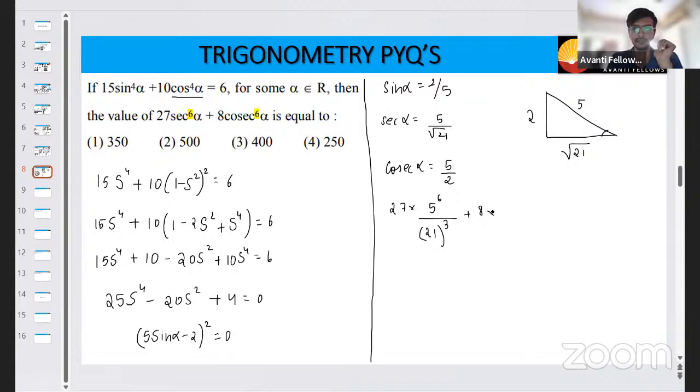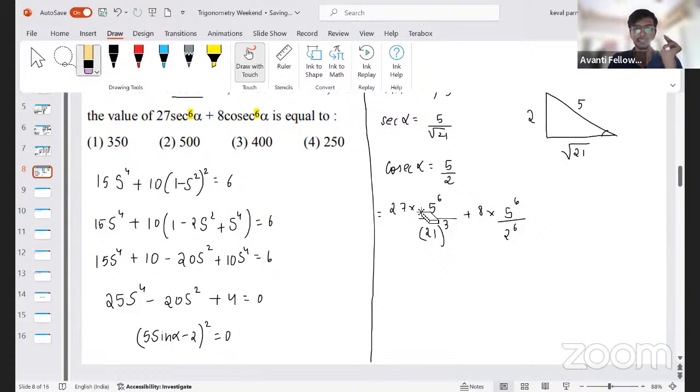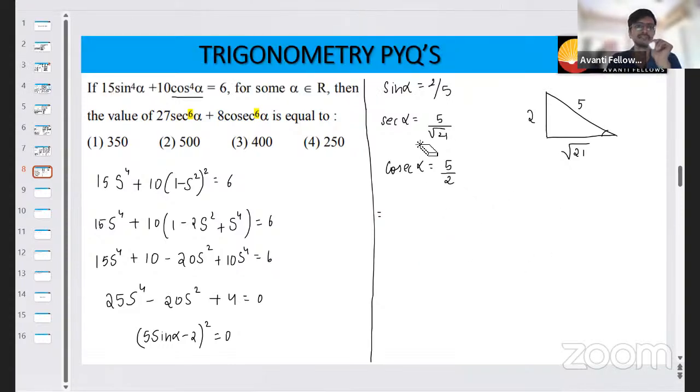Plus 8 into cosec raised to the power 6. So 5 raised to the power 6, 2 raised to the power 6. थोड़ा better हम लोग कर सकते हैं, I think. Just a second, guys. We can simplify it because ये वैल्यू इतनी गंदी आ रही है ना. तो हम लोग इसको क्या लिख सकते हैं? 27 sec raised to the power 6. sec स्क्वायर को हम लोग 1 plus tan square alpha the whole cube plus 8 into,